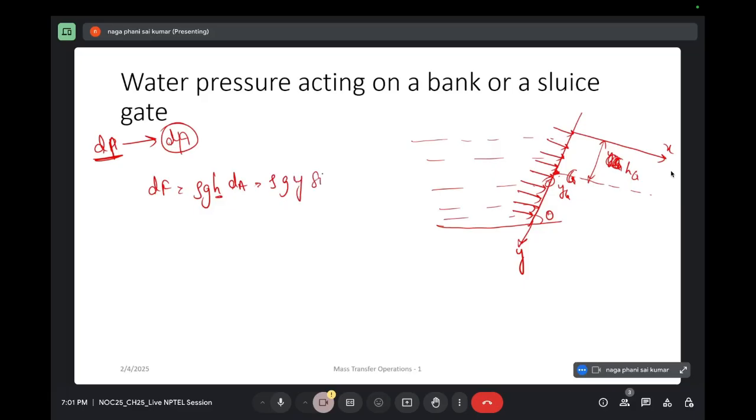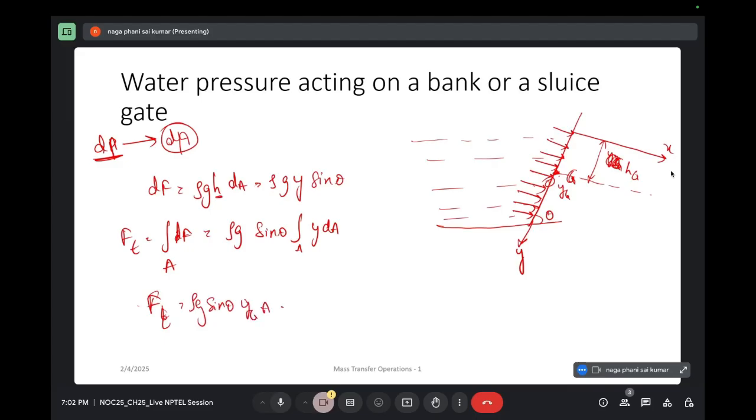y into sine theta. Okay, now total force acting on this wall or dam gate will be Ft is equal to integral dF over the entire area. So that will be rho g into sine theta into integral y dA. So now total force acting on this bank will be Ft is equal to rho g into sine theta into yg into area, which is equal to